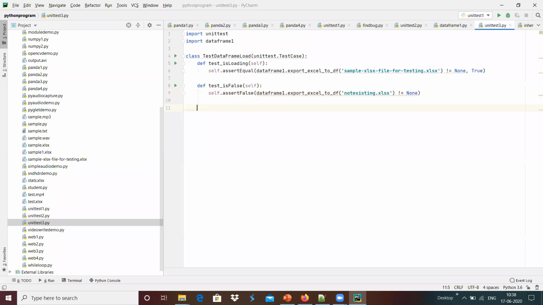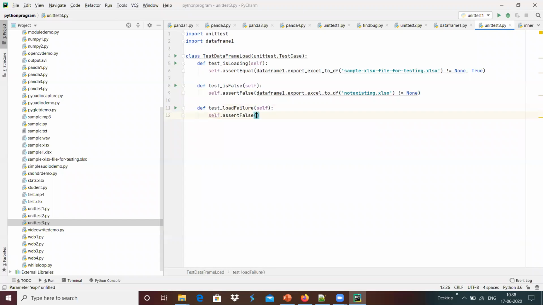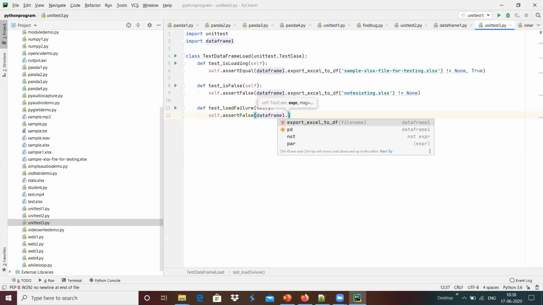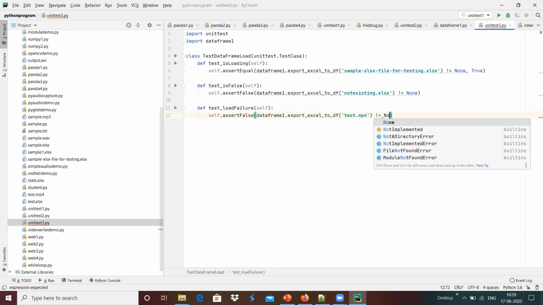And maybe we can have a def test, something like the file load failure, where we can do the load failure with assertFalse, and inside that I'm going to give export, and maybe I'm going to give test.mp4 as the file, and maybe we can check for not equal to none.